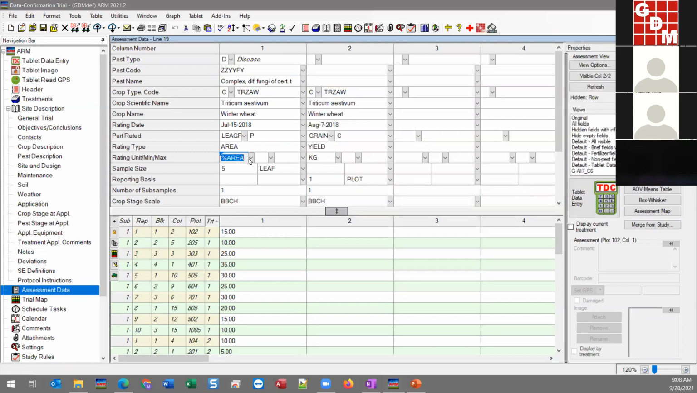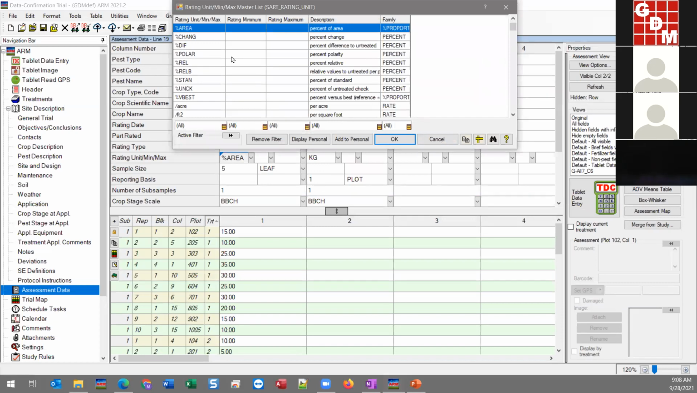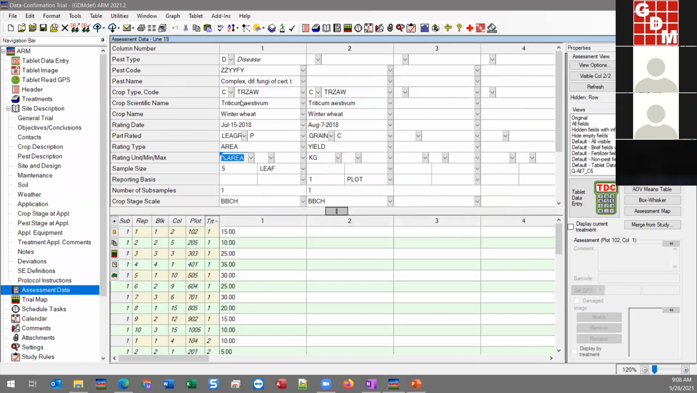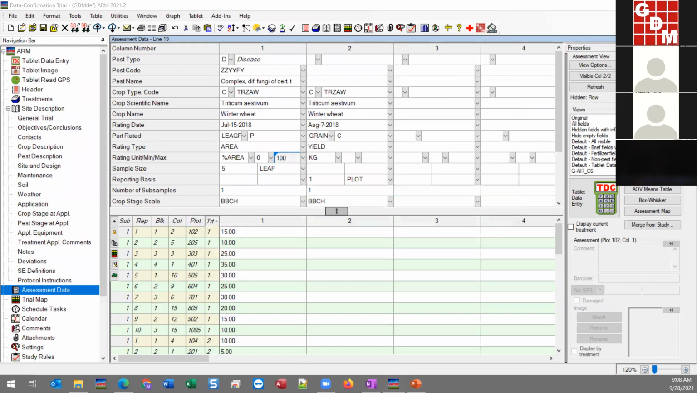And so in my case, the percent area isn't strictly necessarily between 0 and 100. In this case, though, if we look at the example I set up where we're looking at a disease, how much of the leaf the disease is covering, logically, you can't have more than 100%. So in that case, I could certainly put a 0 and a 100 in the minimum and maximum to insist on this limit. And then as you enter in the data, ARM can catch